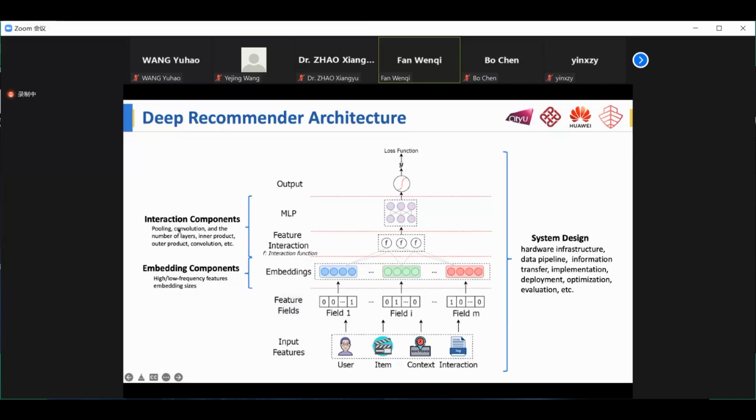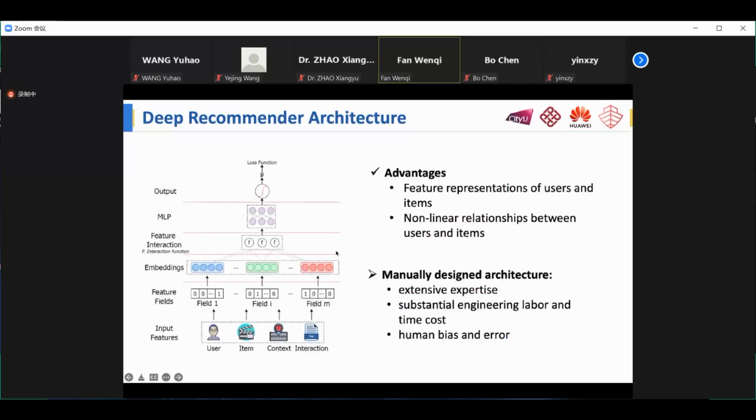And also, human expertise or expert domain knowledge is needed to select suitable interaction operators from inner products, outer products, convolutions, etc. So what I mean is, although deep recommender systems show promising results, they still suffer from a manual design issue. For example, first, they heavily